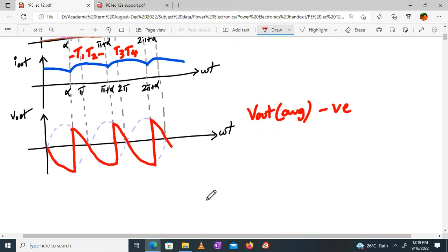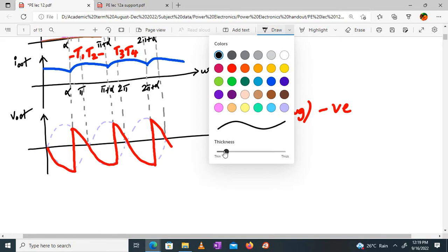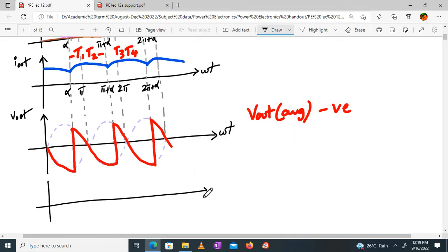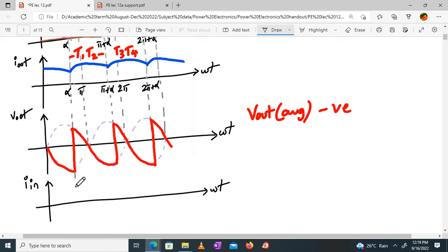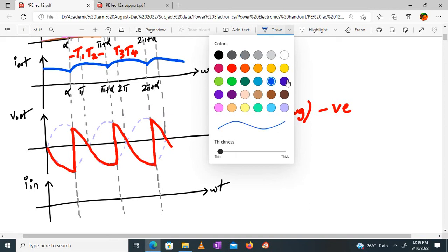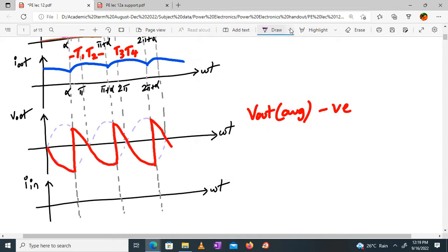And how will my source current be, meaning how will be my input current? If I have my input current over here, how will it be? Whenever T1 and T2 are on, I in will be equal to I out, right? So it will be the same over here also. Correct? And whenever T3, T4 are on, it will be,